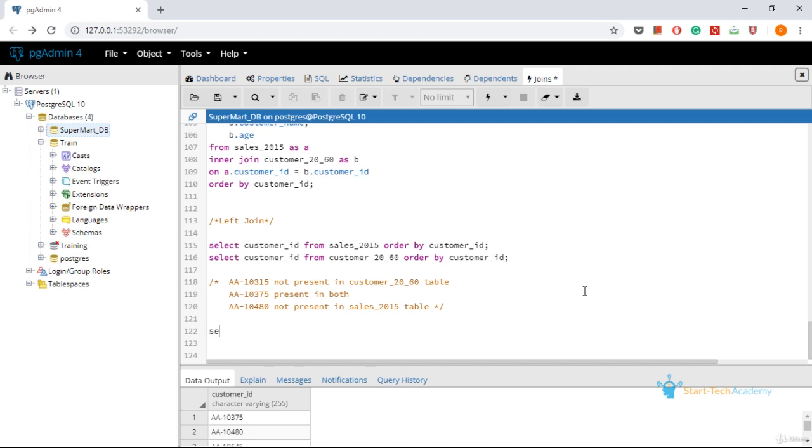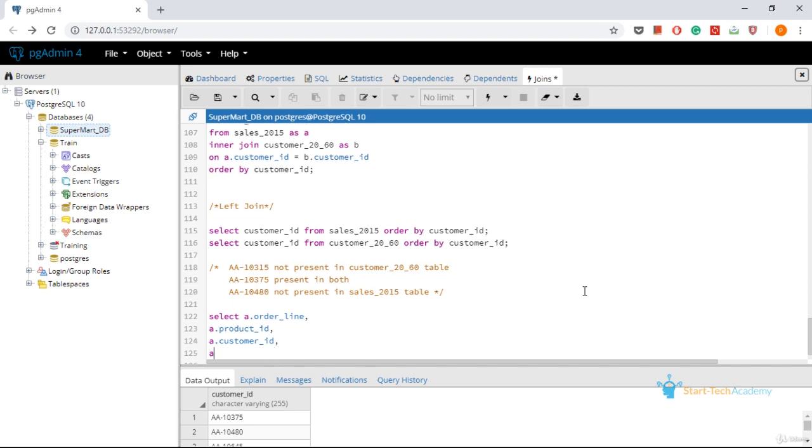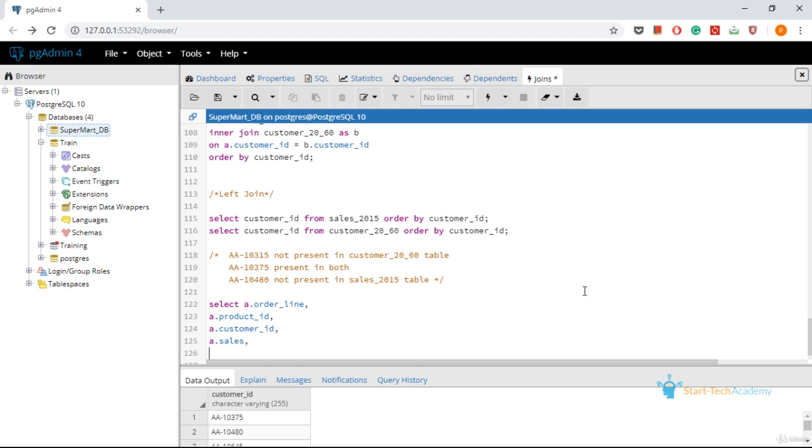So let's start writing select the order line, the product ID, the customer ID, and the sales value. From the customer table, we will require customer name and customer age.